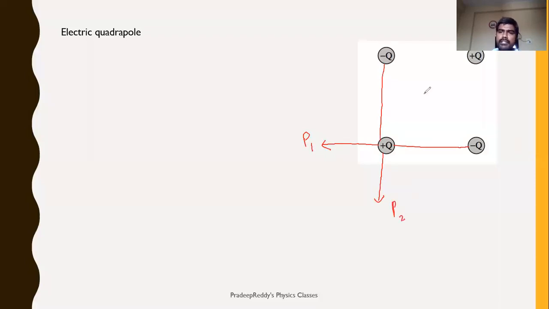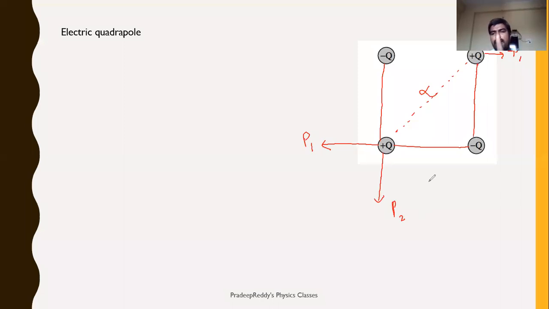Now check it. This one is not satisfying the condition for a dipole. This is not a dipole because one is a positive charge and the other one is also a positive charge. Both are positive charges. It cannot form a dipole. Right? Similarly, minus Q and plus Q. You can consider this as one dipole. Definitely it will be P1, but it is minus. So minus Q, plus Q. And this can be P2. And if it is positive, then you should take it as negative.